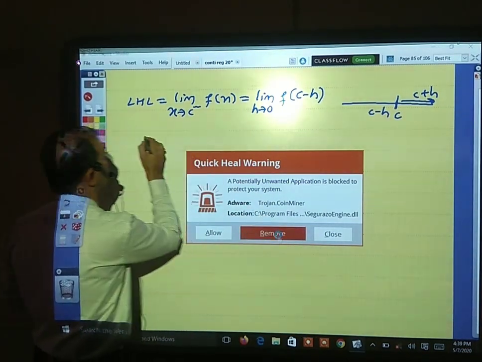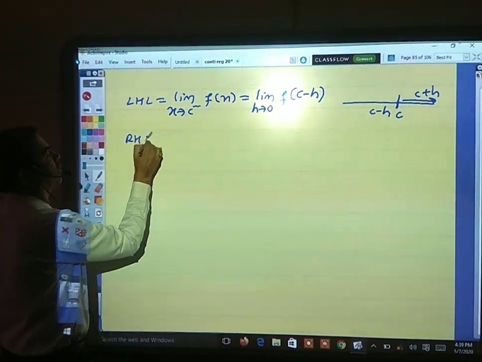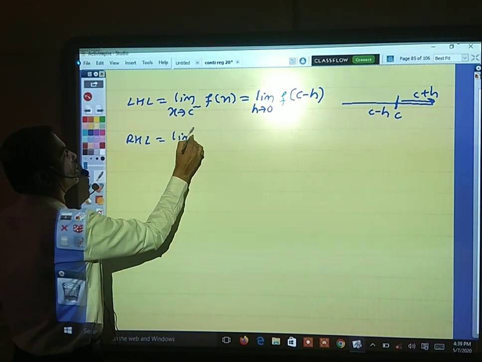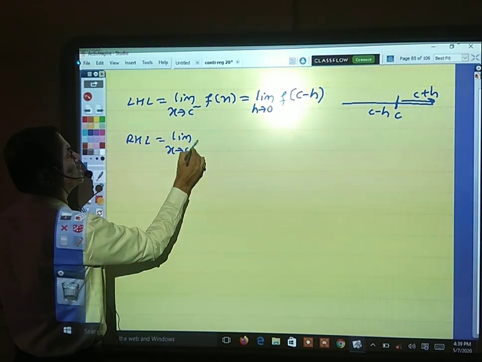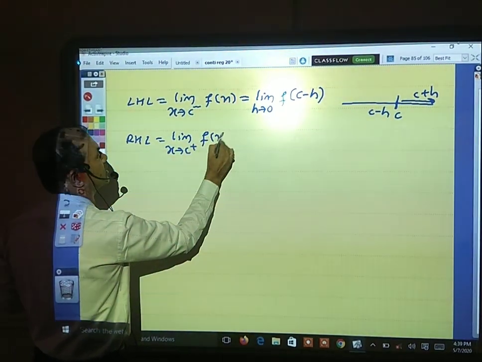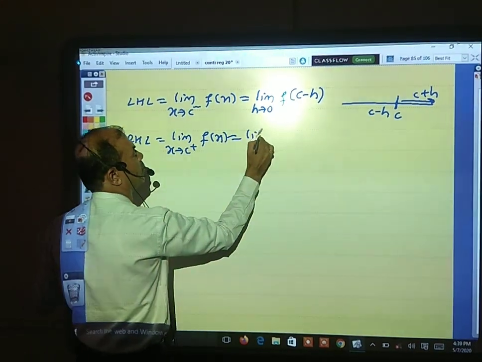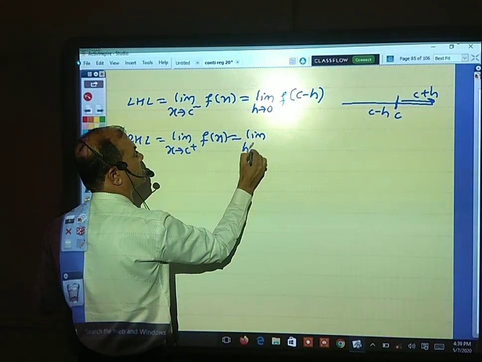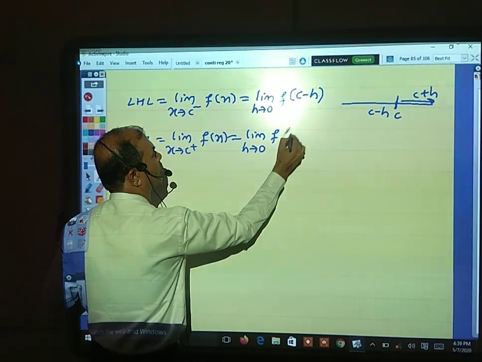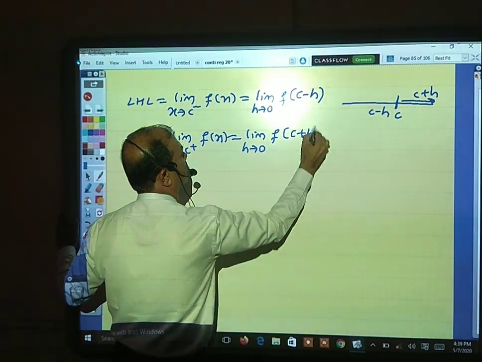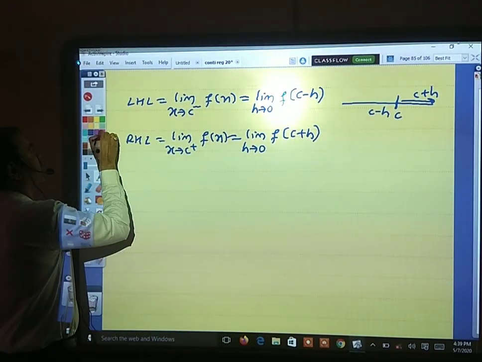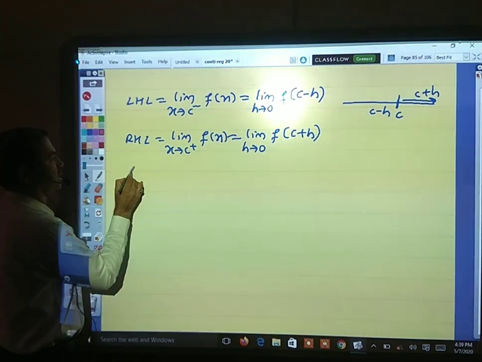And what is RHS, right hand limit? Limit x tends to c plus of f of x, which is limit h tends to 0 of f of c plus h. You define now f of c plus h. Okay, from the last discussion,